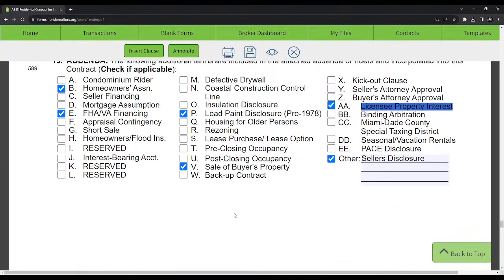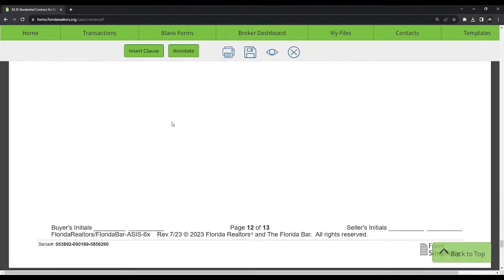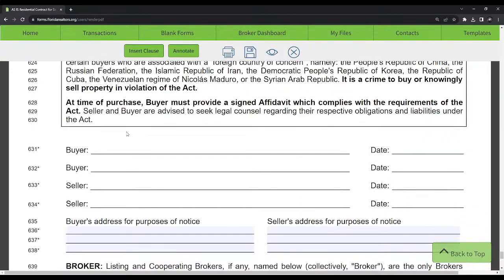So we're going to leave this here like this and move on to the last page, the additional terms. I'm not going to get into any additional terms and what you can write. There's always additional terms that sometimes get written into contracts and put together. That's something that if you're a member of our brokerage, we'll discuss in detail with you, depending on the nature of your deal. For the purposes of this class and this stream video, I'm not going to get into any additional terms. I'm going to keep that more confidential and go on a client-by-client basis for what they need and are looking to do. So I'm going to skip over that and go down to the last pages here,